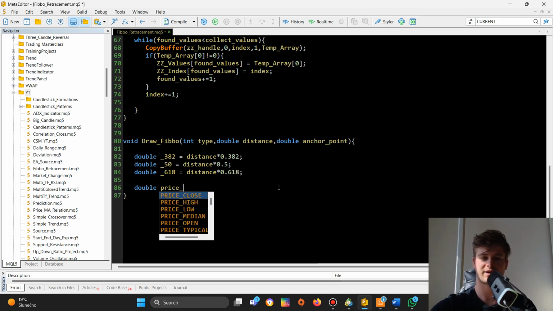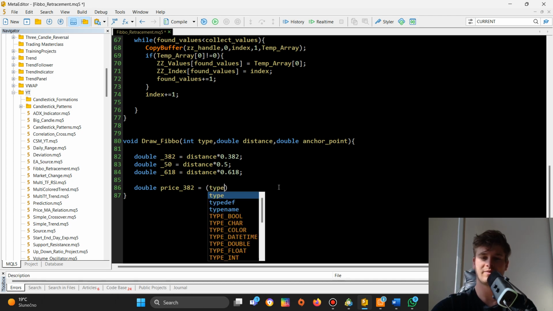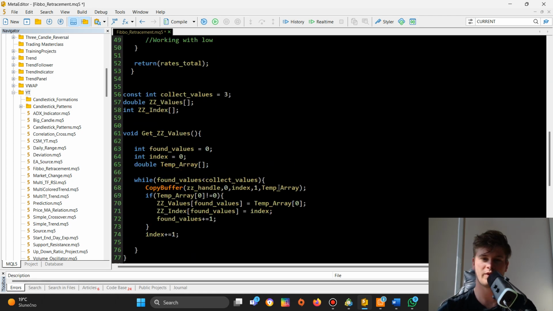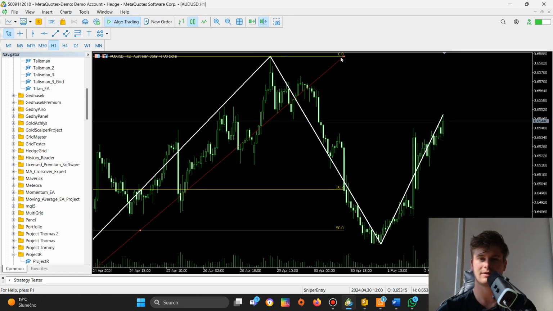So let's call it price 382, which will depend on the type, okay? So if type is equal to 1, therefore we are working with a high, then this will be equal to this anchor point minus 382. And if this is not the case, then it will be anchor point plus 382. Okay, so I hope this makes sense, because if we go back and